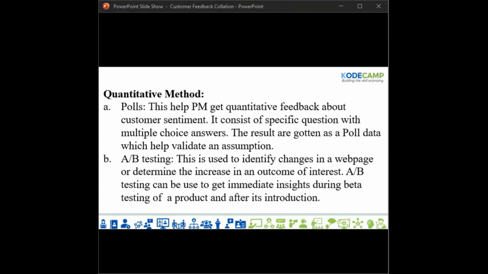We have polls that come out more often. We have Instagram story polls. We have poll engines like those. So we just start the poll and make a specific question, and customers will react. And this will help you to understand the behavior of the customer. This is my slide. So it will help you to get the behavior of the customer and be able to validate what customer